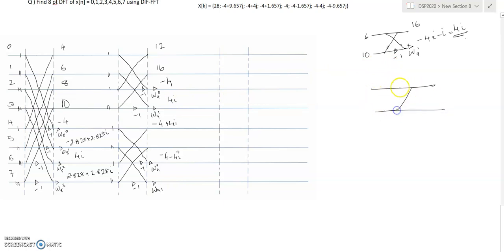and then we have to solve the next butterfly out there, which is a bit exhaustive in terms of calculation, but which requires clear attention while solving it. So the input at this point is minus 2.828 plus 2.828i, and here you have plus 2.828 plus 2.828i. So comparing these two terms, the sum will be this term and this one will get cancelled when they are added up. So it will result in